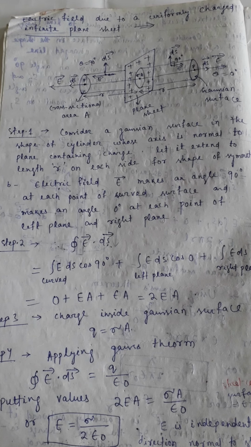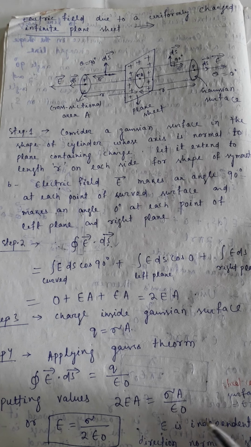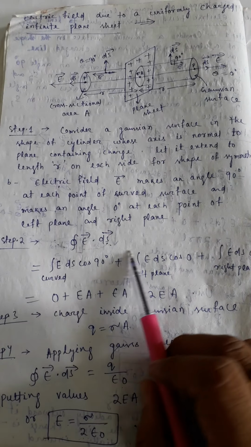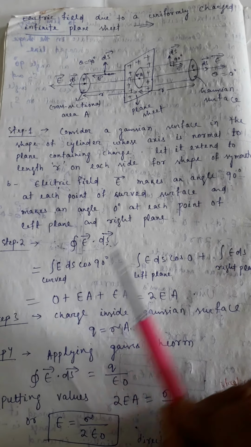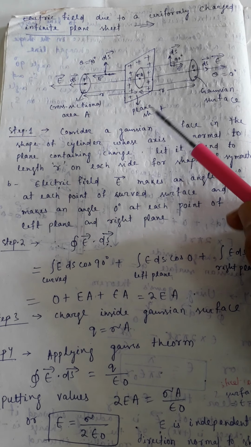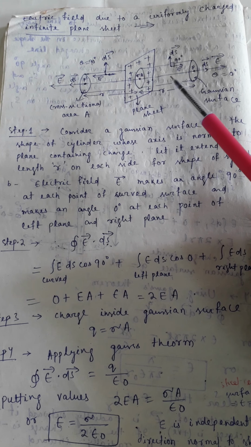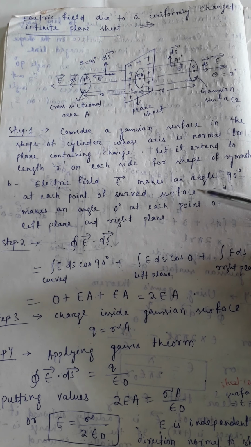So finally, using Gauss law, we have already calculated the electric field due to a point charge, the electric field due to a line charge distribution, where the charge is distributed in a line, and we have also calculated the electric field due to a uniformly charged infinite plane sheet. In the next lecture, we will calculate using Gauss law the electric field due to a uniformly charged thin spherical shell.